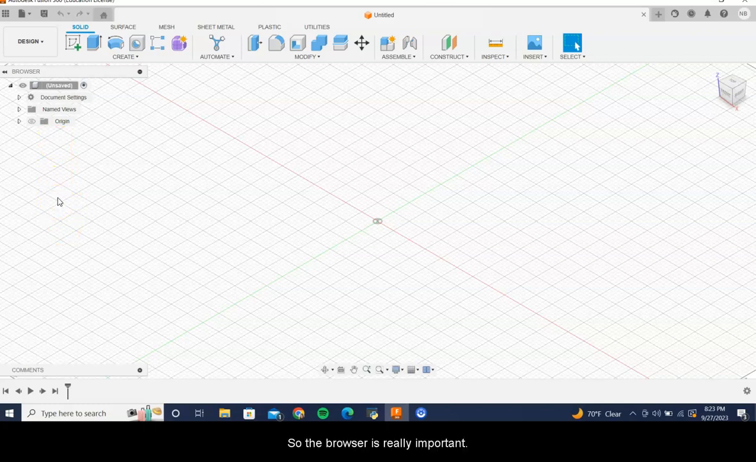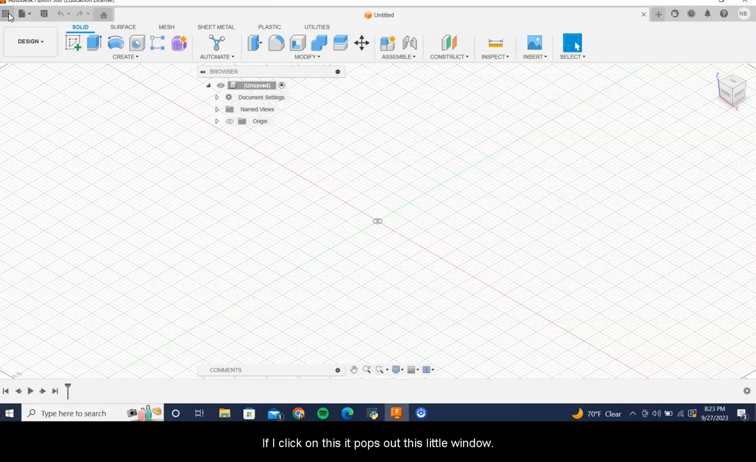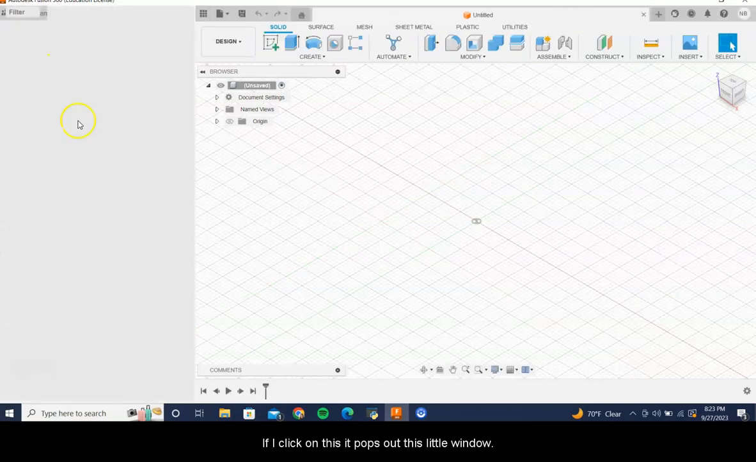So the browser is really important. We're going to look now at file organization, and then I will show you how to make our first object, which is going to be a triangular prism. This button here is Show Data Panel, and this is where we are going to go to access our files. If I click on this, it pops out this little window,